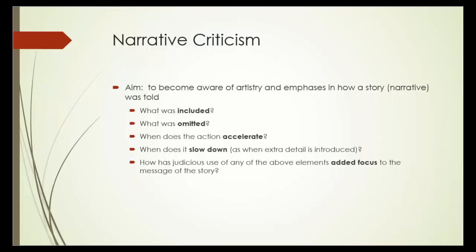So, narrative criticism, focusing now on stories, history, as opposed to focusing on poetry, begins by observing, well, what exactly did the writer choose to retain? What was included, in contrast to what might have been included but was not. Of course, we don't know what was omitted, but we can just watch. Here's one obvious thing. For example, when a character is introduced, watch whether or not that character's name is disclosed.